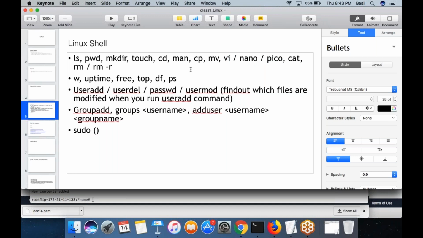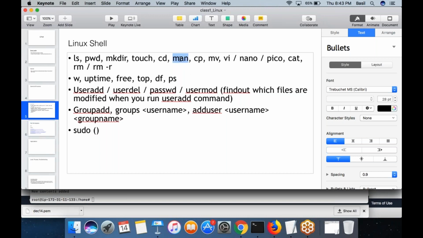Okay, so we have seen the commands ls, pwd, mkdir, touch, cd, vi, nano, pico, cat. So another command is man.